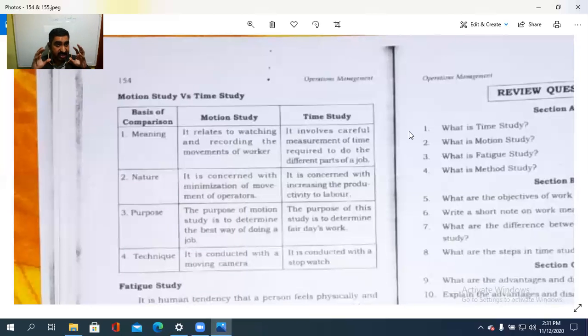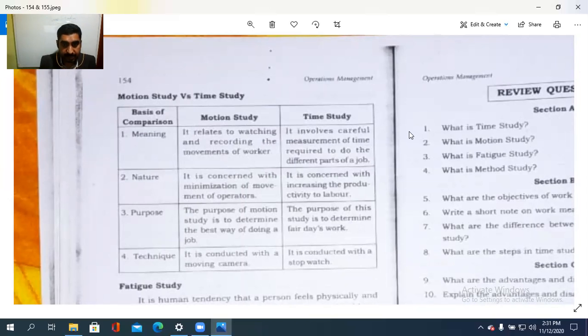There are many ways of doing it the right way. Among them is the best way that results in cost control, that is, reducing the cost. So a cost accounting concept comes into this. Considering that, the best way to do a particular job is the motion study, while the time